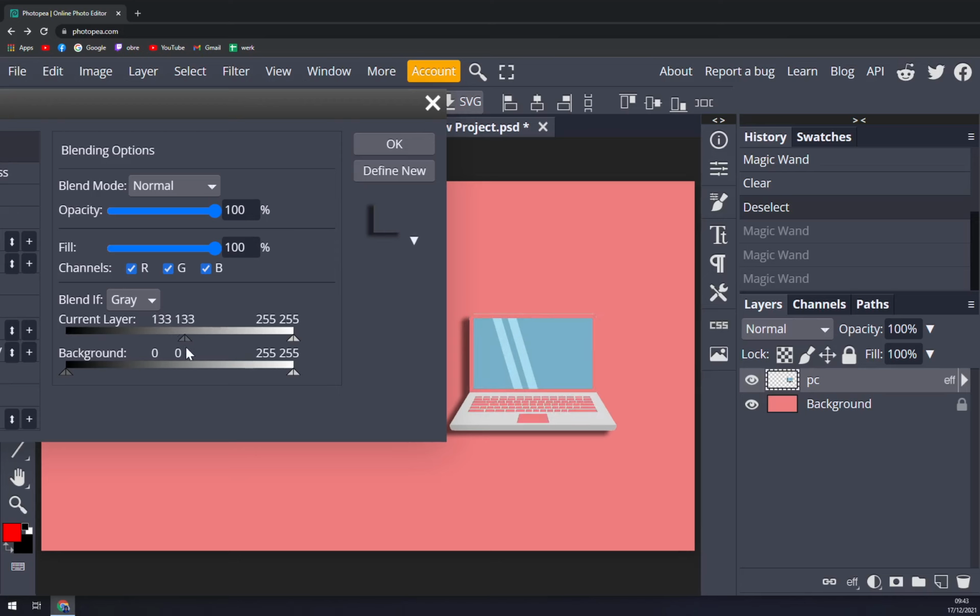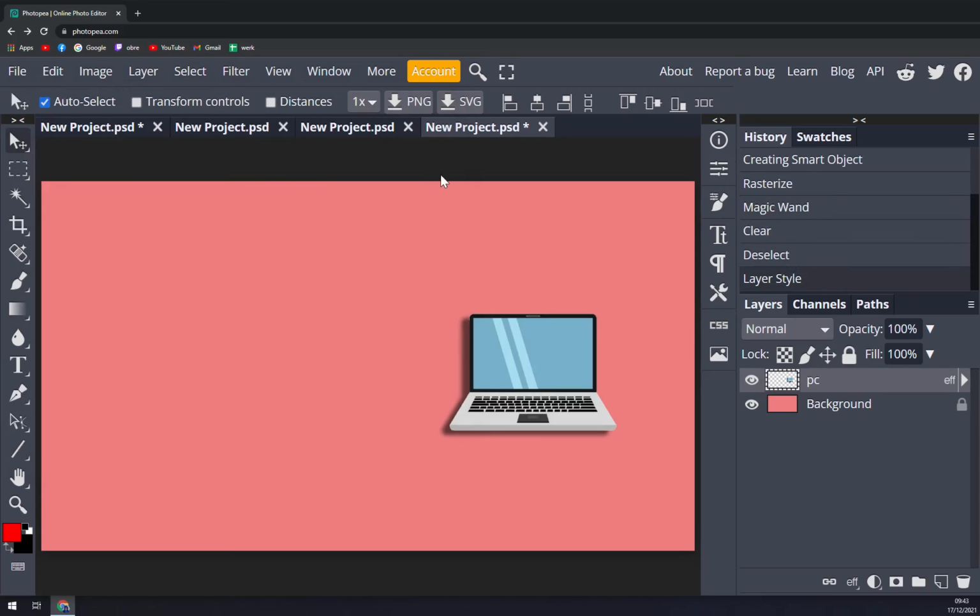Now we can just play with the colors and also with the background. And if we are all satisfied, we click OK. And as you can see, we managed to add